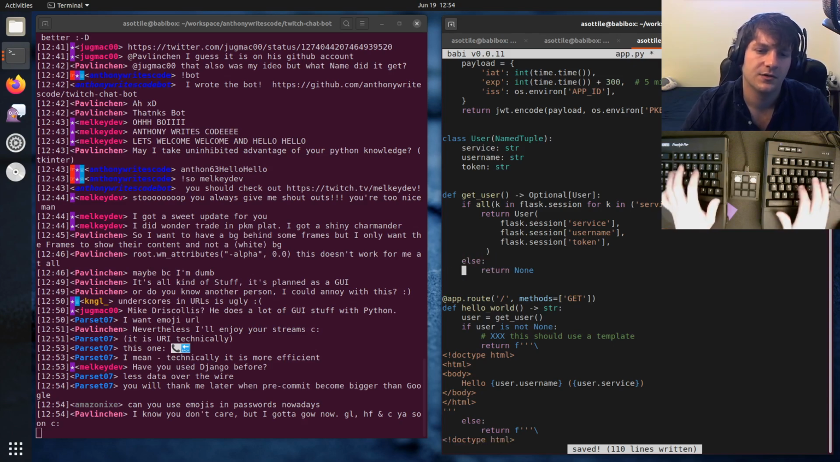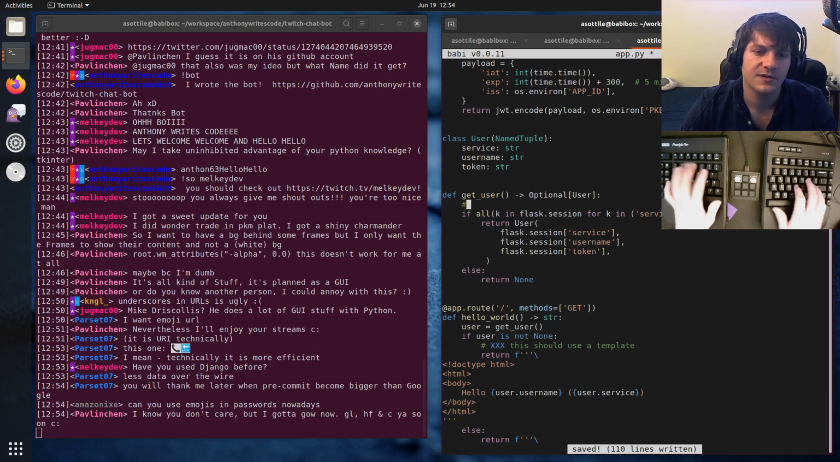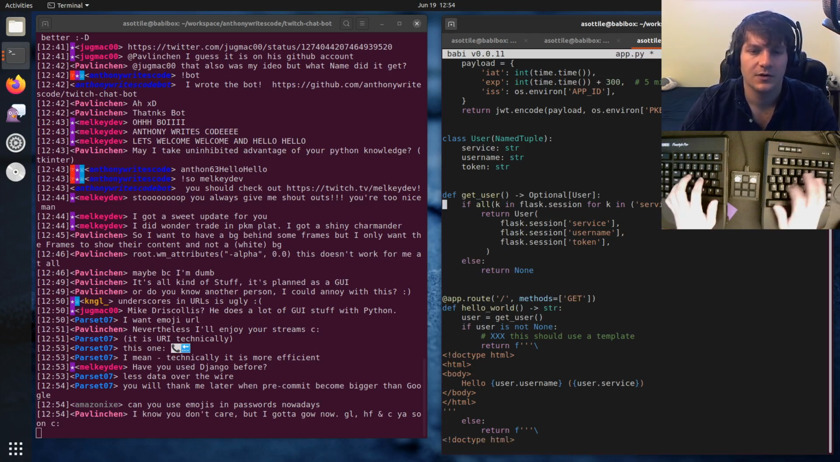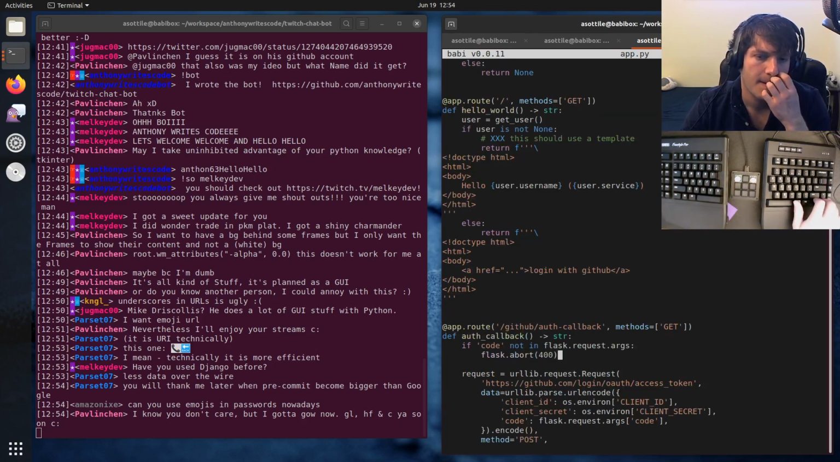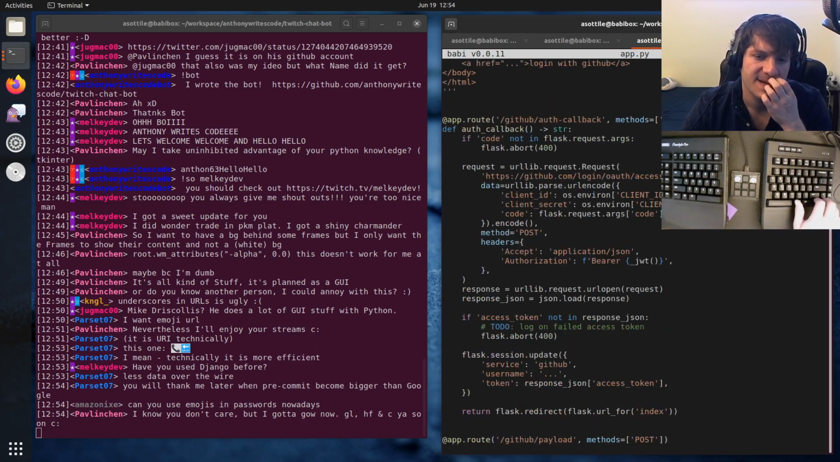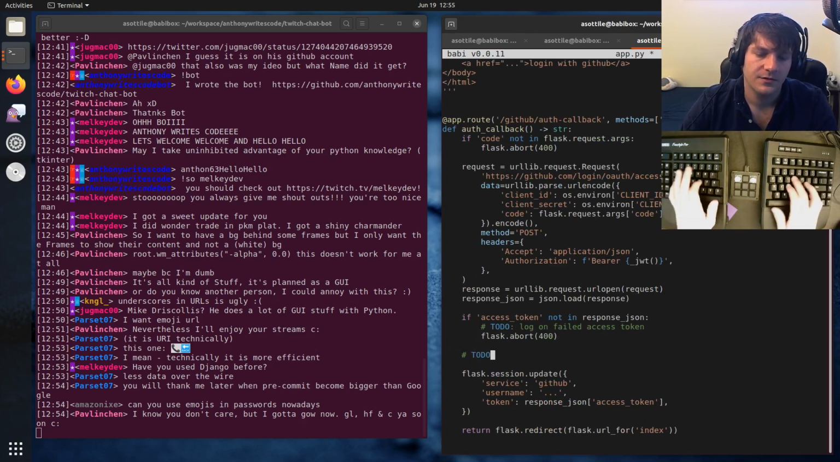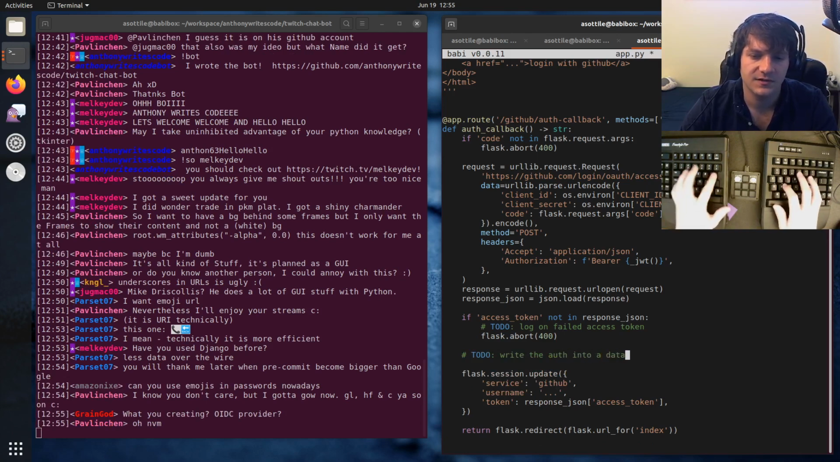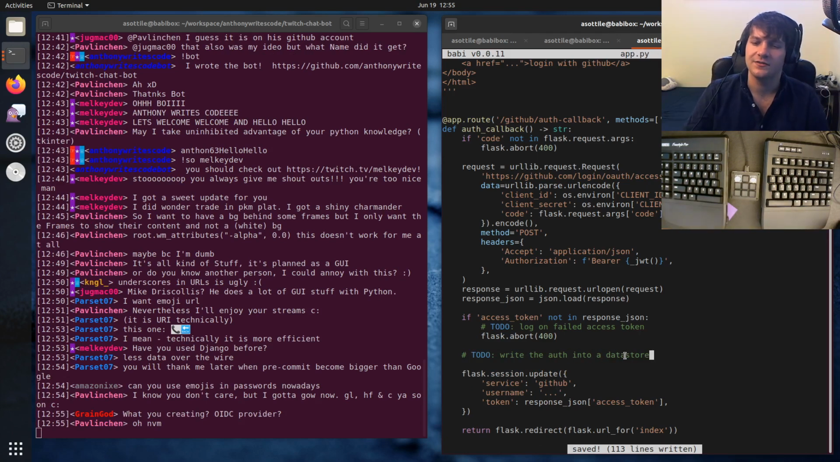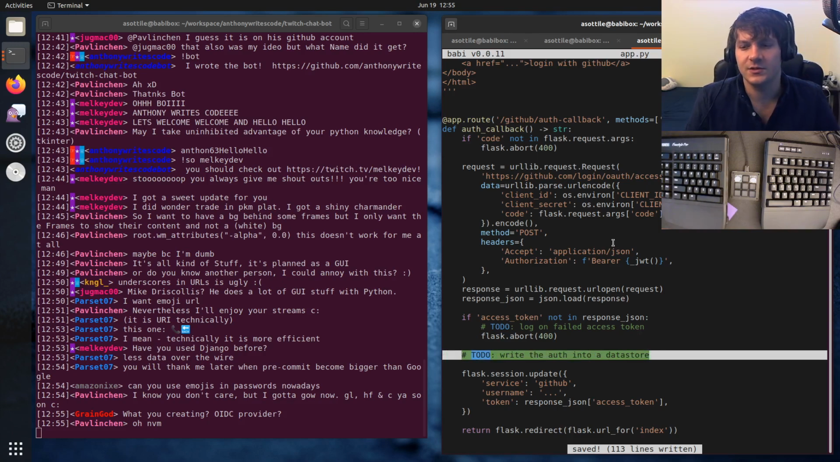Otherwise, return none, and we probably want to validate against database. To do: write the auth into a data store. We're probably just gonna avoid this for now because I don't really need to do it, but